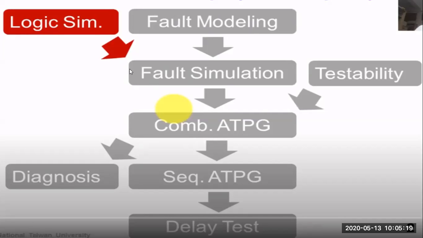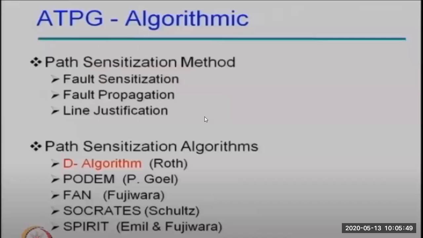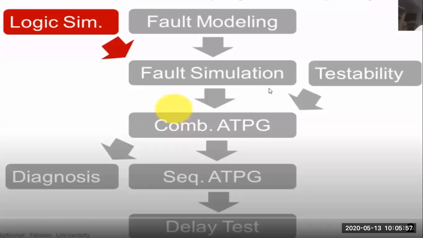From there we come to the fault simulation. In the fault simulation, we represent how the notation of fault simulation is done. What is path sensitization? What is line justification? And what is path identification? That is faulty identification. All that is represented in the fault simulation, as I discussed previously in the test pattern generator and ATPG also. These three: fault sensitization, fault propagation, and line justification, all come under the fault simulation itself.